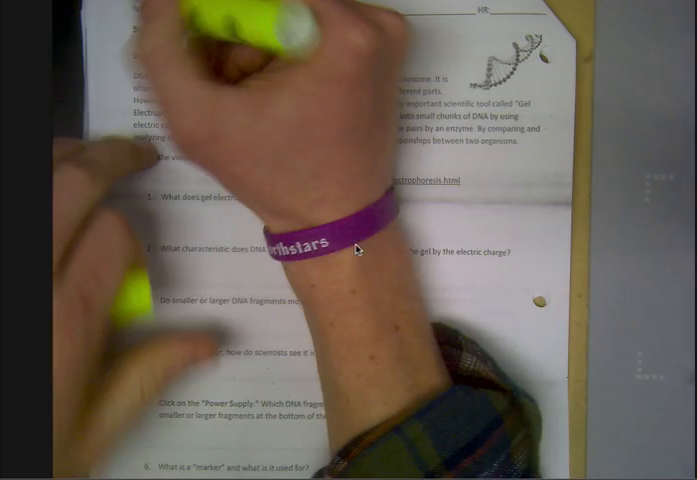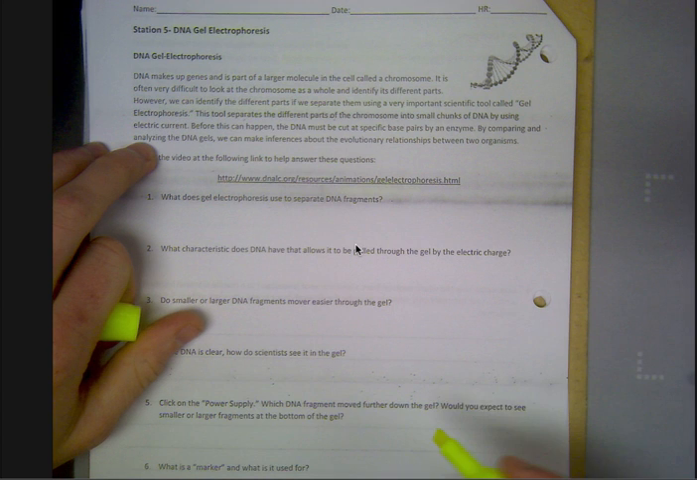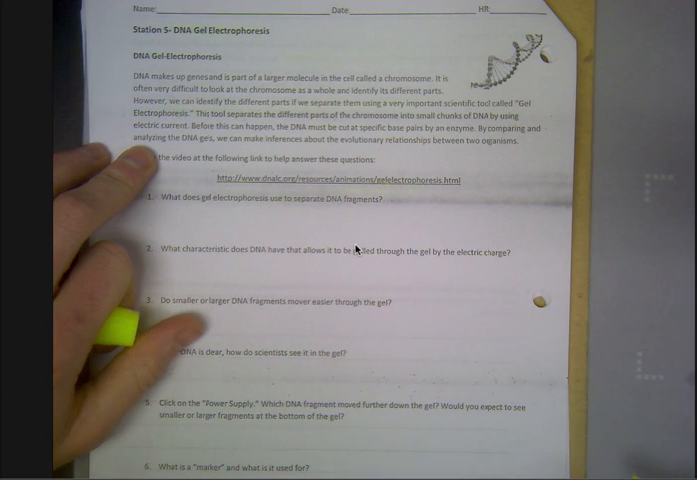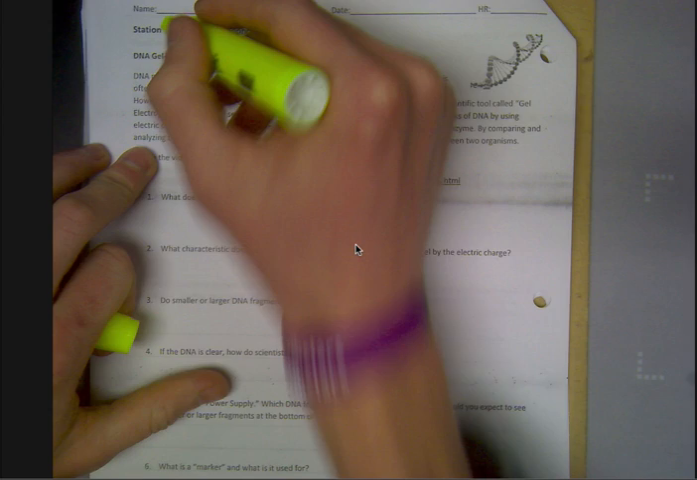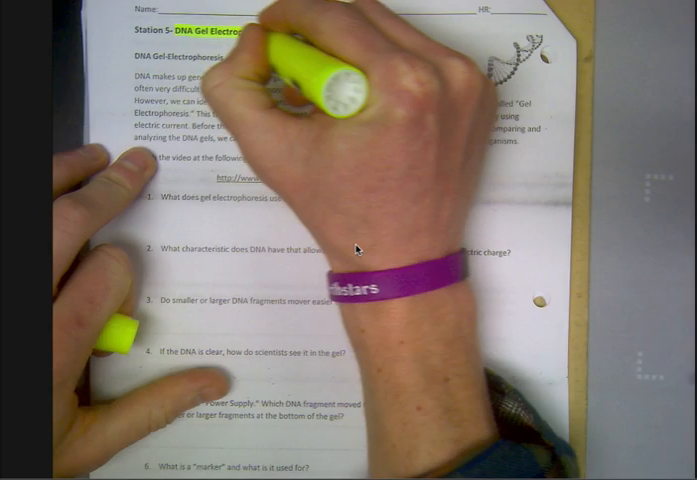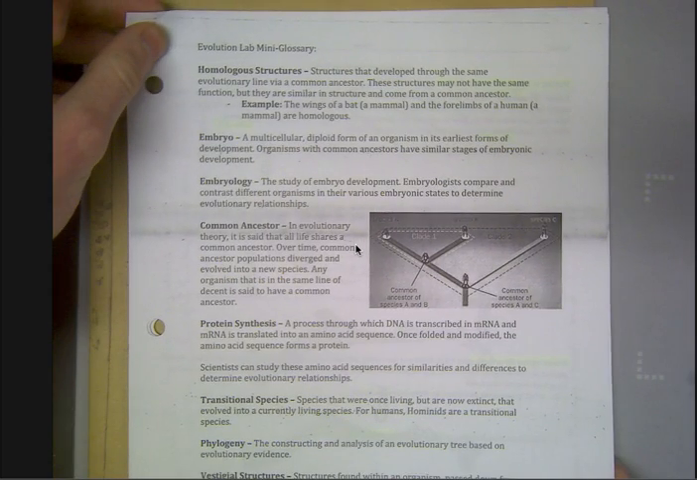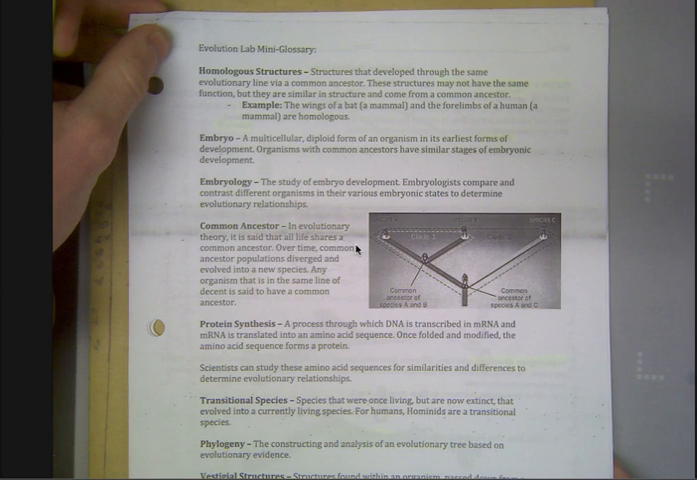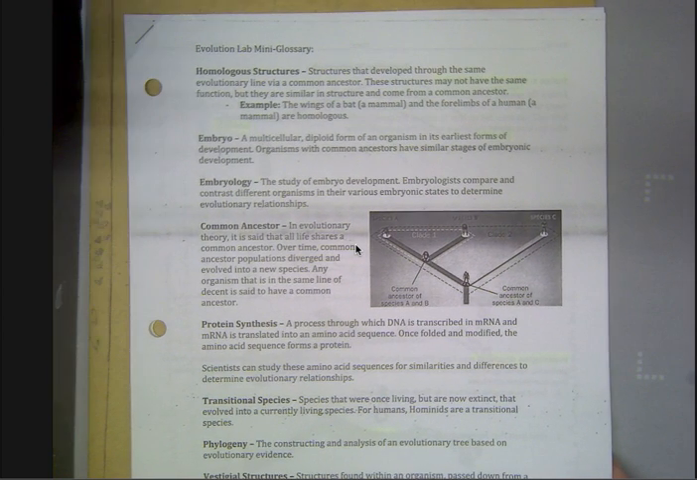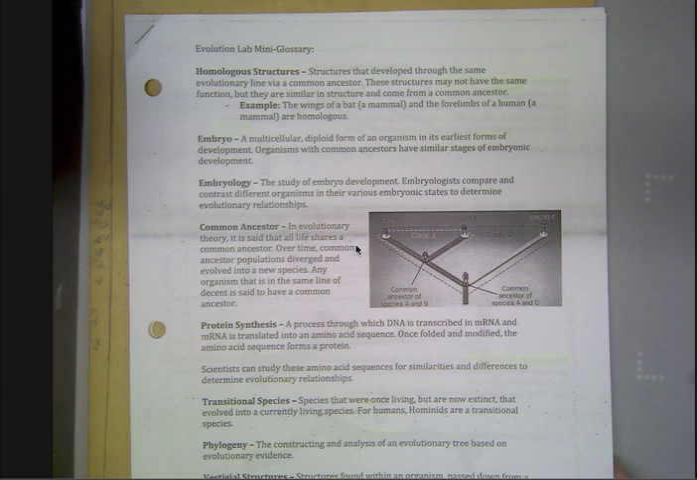Station 5 of your Evidence for Evolution lab. Here you're going to be looking at how evolutionary scientists can further analyze DNA by using a process called DNA gel electrophoresis. Again, if this is a new term for you, please go to your evolution lab mini glossary at the beginning of your lab packet and look for those key terms